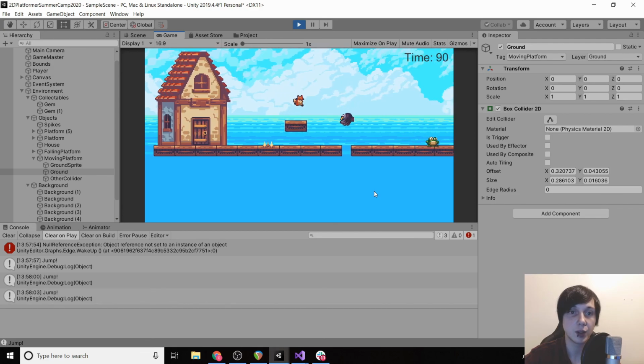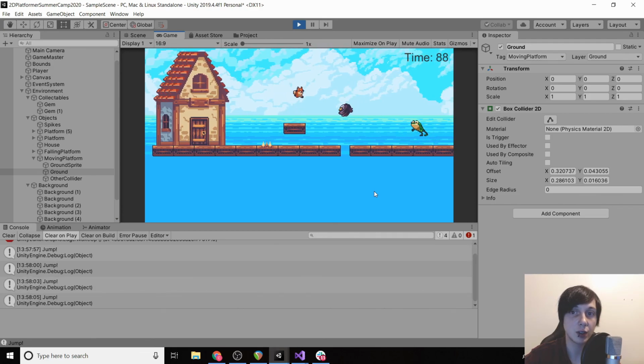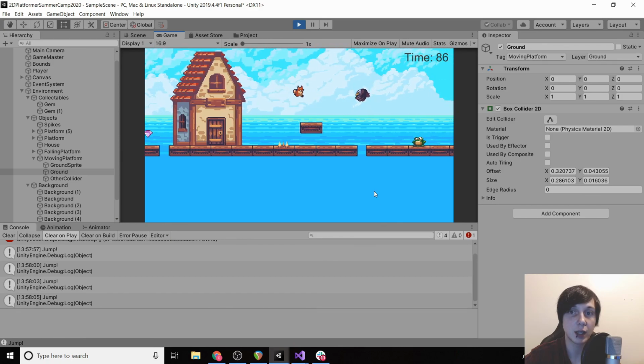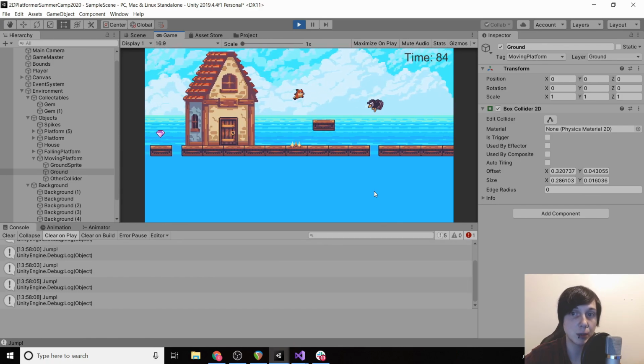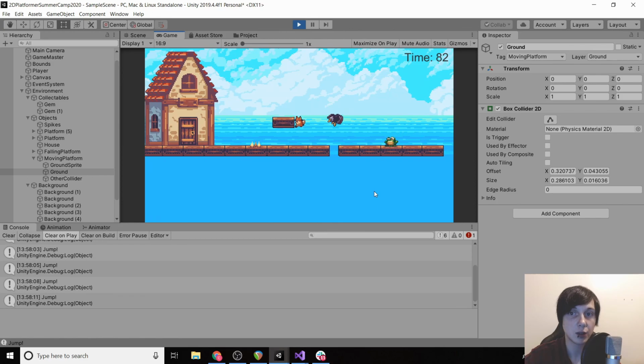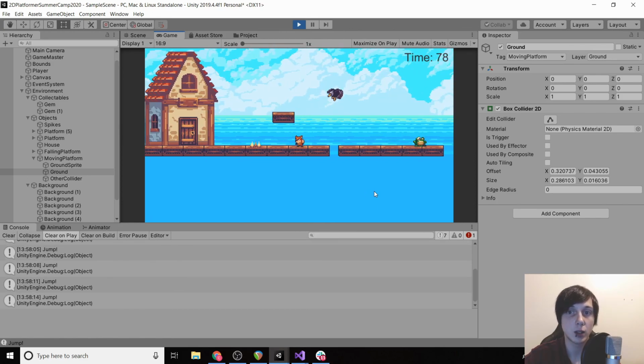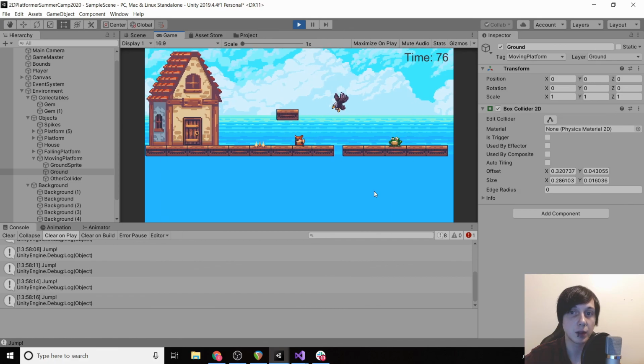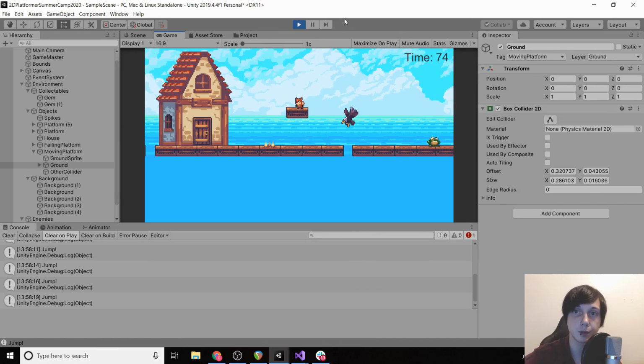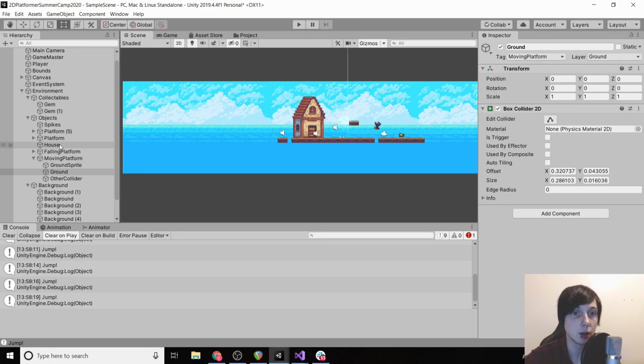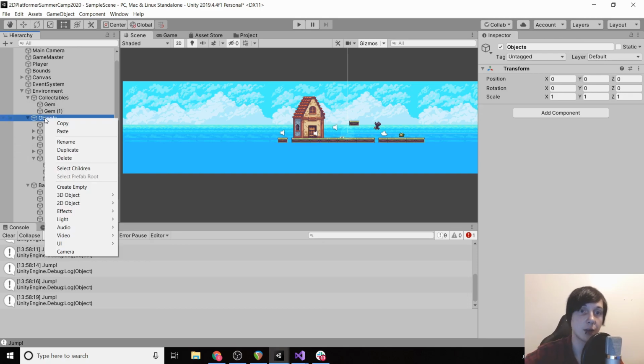Okay, so as you can see, the player is becoming a child of the platform, and then they are becoming not a child of the platform as soon as they jump off of it. So that's working great. It's a little hard to jump onto the platform. We could give our player a bit of a higher jump if we wanted to. Or we could just add another object